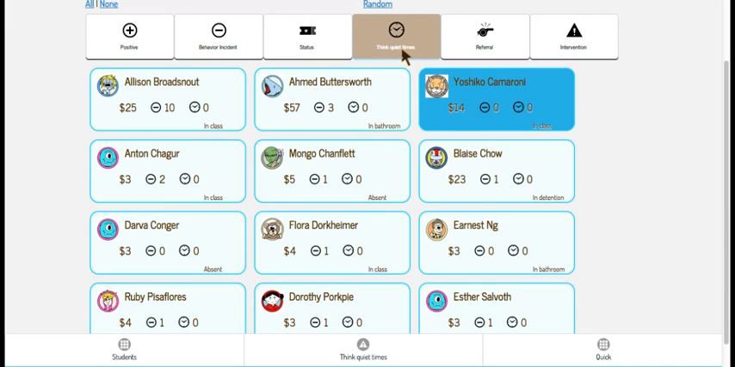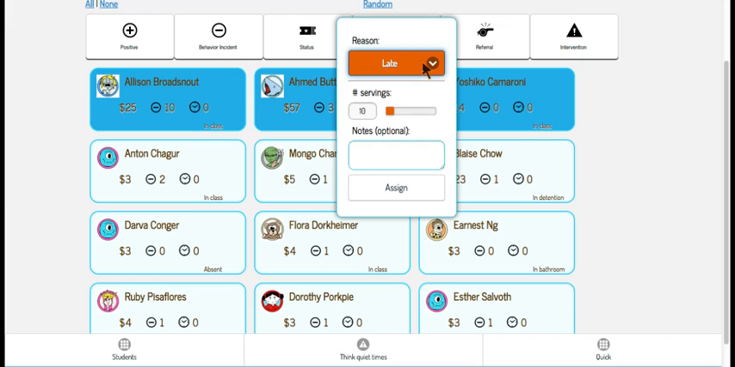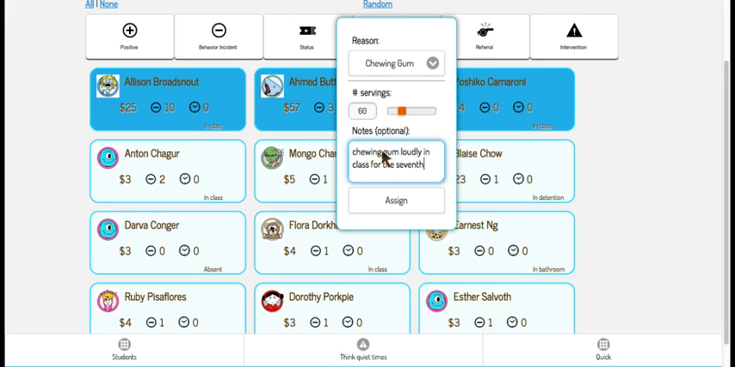We have chosen to call our detentions think quiet times here. We've customized the title so we can actually assign multiple detentions to multiple students. In this case, I have the same reason to apply to all of them. They were all chewing gum. And whatever you choose to call the unit, whether you're doing detentions by day or by session or by number of minutes, it's simply up to you to decide what that is, and then you just enter the servings or the units. You can also assign notes that they were chewing gum loudly in class for the 7th time this